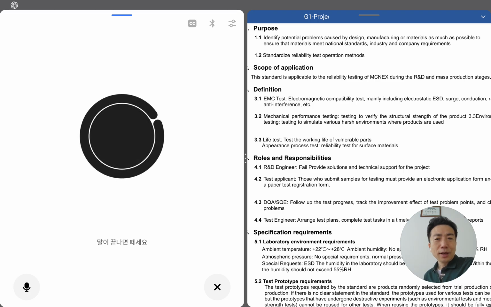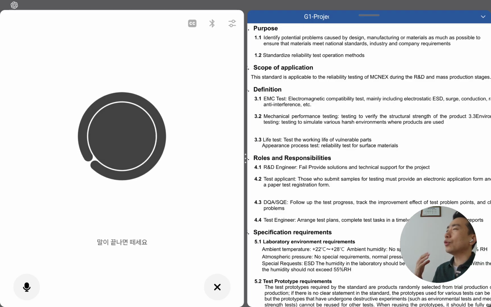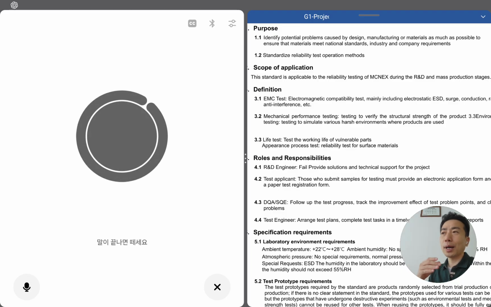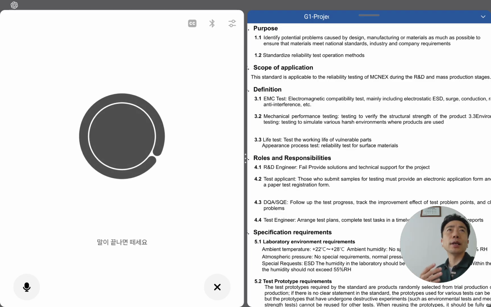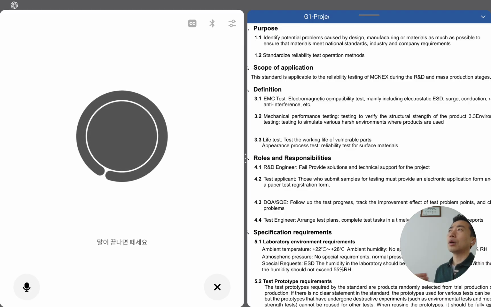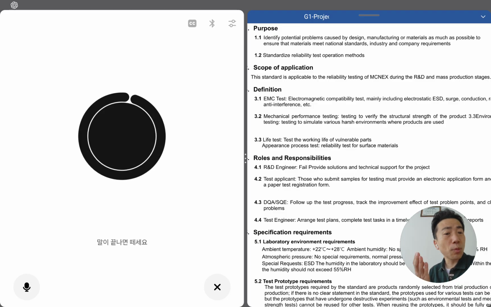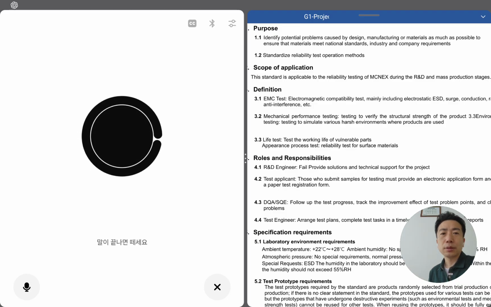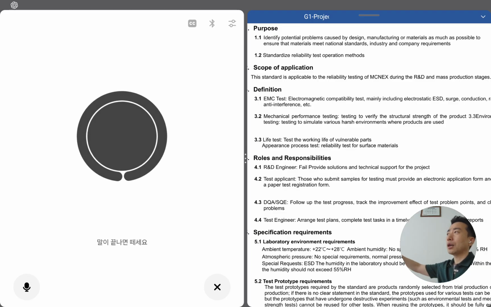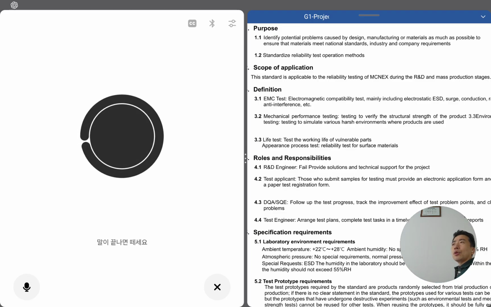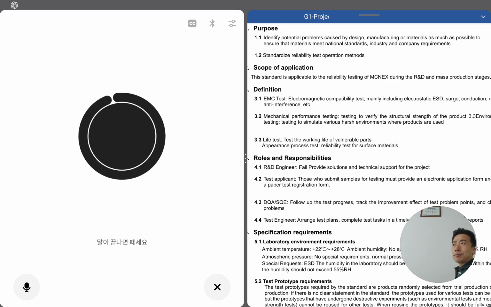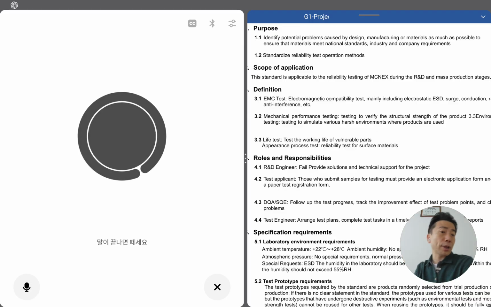GPT, listen. In my opinion, omission is too formal. In my opinion, missing is a better word for my daily work, for my presentation or reporting to my supervisor. I think missing is formal enough to use in my workplace situation, because omission is a little bit difficult word for many Koreans or my communication partner